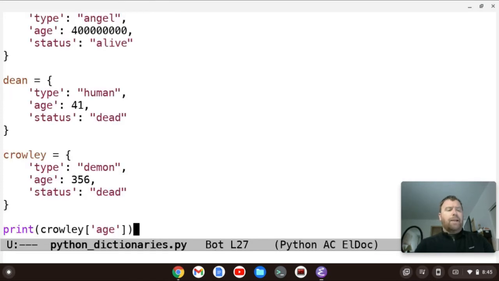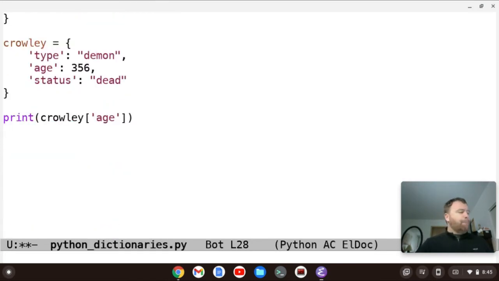Okay. So that's how you access a value within the dictionary using the key. I'm going to exit that. So we can also assign a variable to a key. We can say something like character_status equals status. This is going to assign the key of status to the variable character_status.